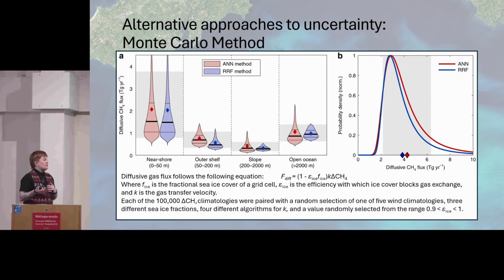And one of the really interesting parts of this model is that we were able to use Monte Carlo methods to estimate the uncertainty of this model, where basically we ran all of these models. We ran each of them 50,000 times with different iterations on the calculations that were going into getting our flux measurements. And so that's able to give us an uncertainty range in these predictions. And so in the end, we're estimating a global emission of methane from the ocean of about 4 teragrams per year. But then we also have a probability density function, which can be pretty informative